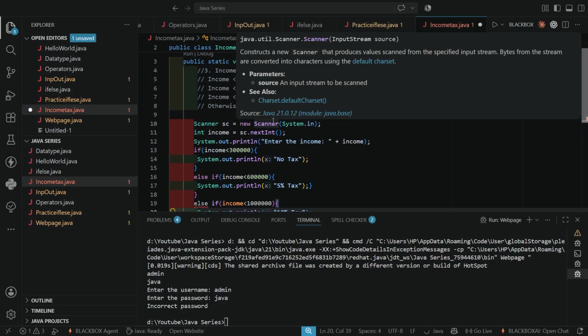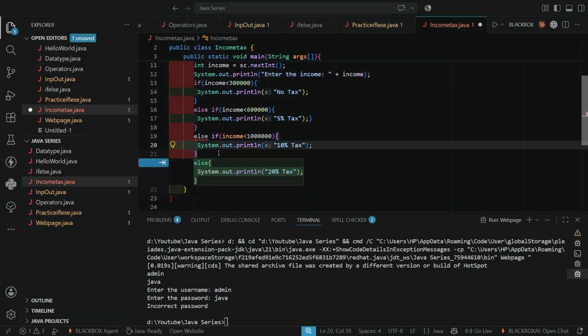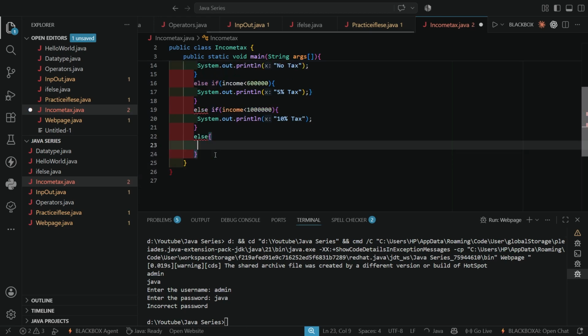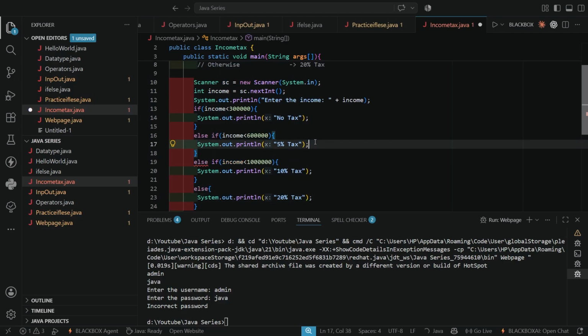And the final condition is, 20% tax when it is greater than 10 lakh. Greater than 10 lakh means we do not require any condition for it, so this would remain as else, 20% tax. Clear?